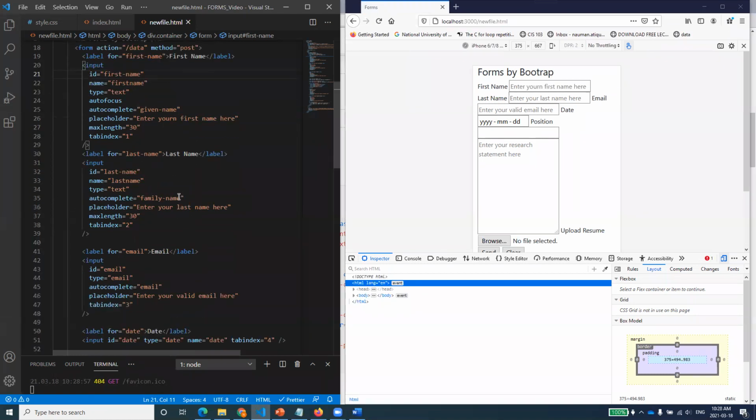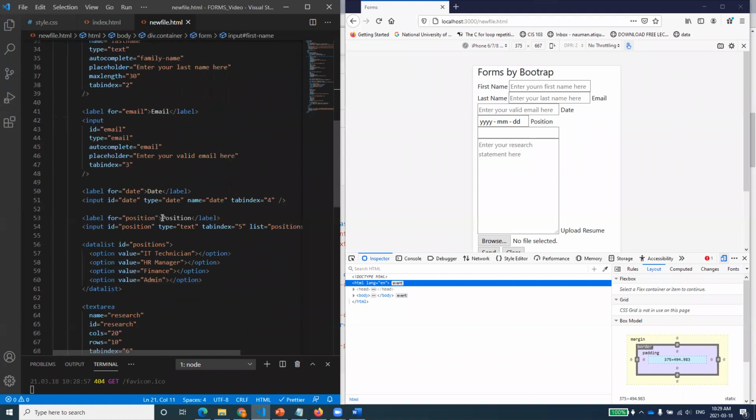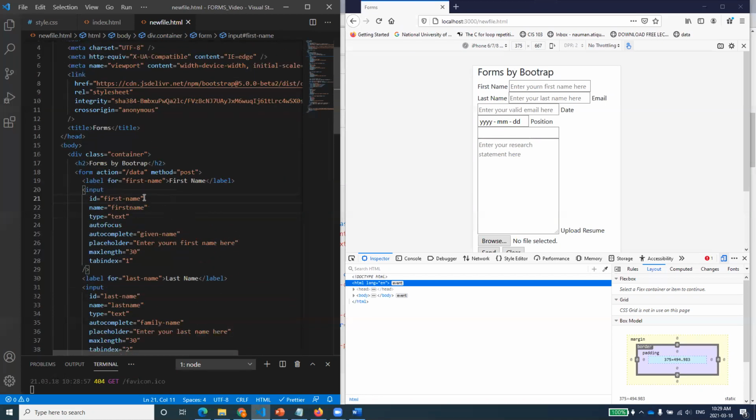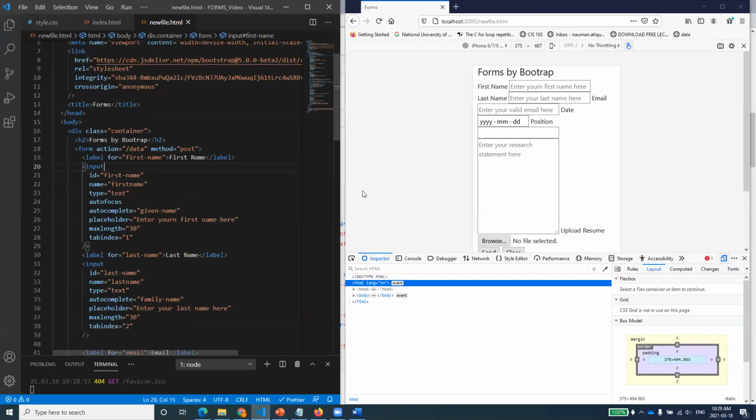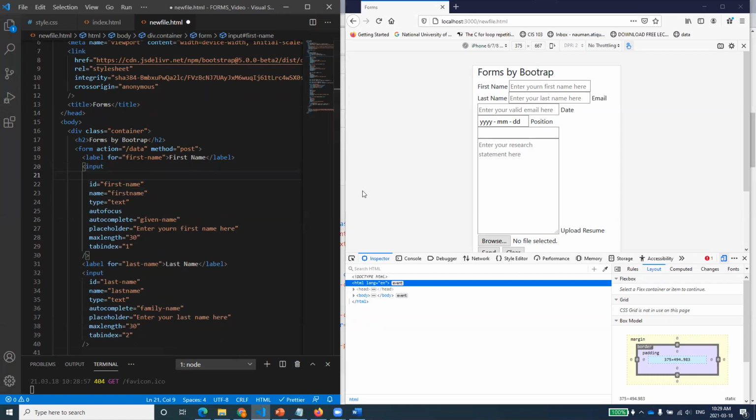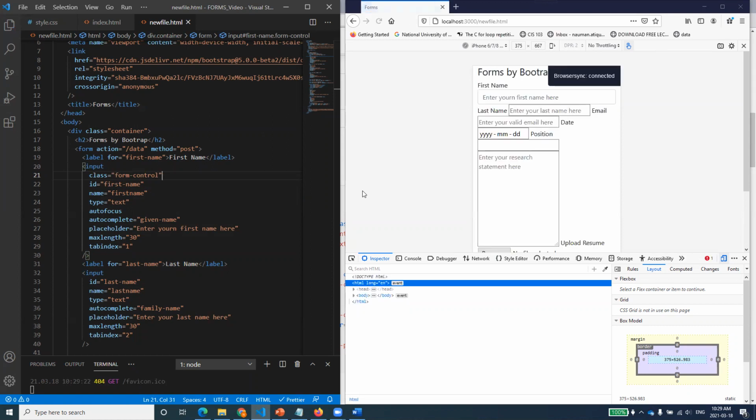And let me just see that, because maybe I have just done that. Okay, now it's not here. So you see that this is our first input, where we have to take the first input, and if I define class equal to form-control, form control, I've given this to my first one, the name. If I save this, do you see anything different? Now it has started to implement a few styles on that.